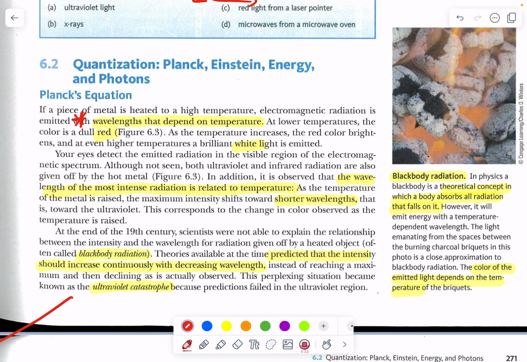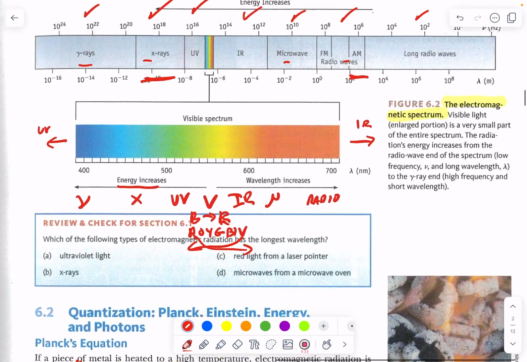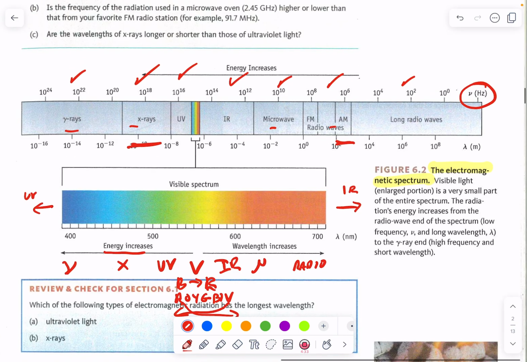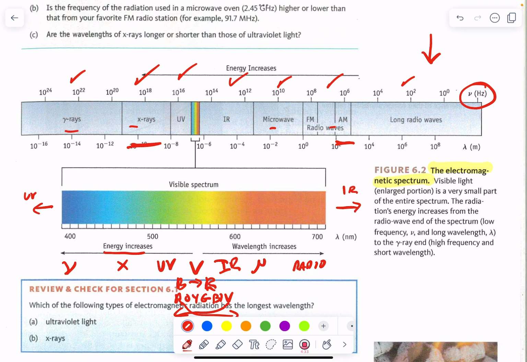So I want to back up a little bit to our electromagnetic spectrum and have you look at the scale on the diagram here in 6.2. Notice that the top scale is a scale of frequency. And notice that the frequency is going down as we go from left to right. And then the bottom scale,